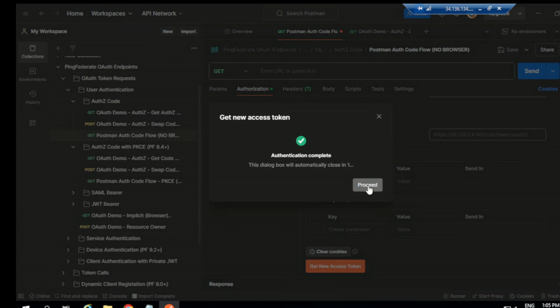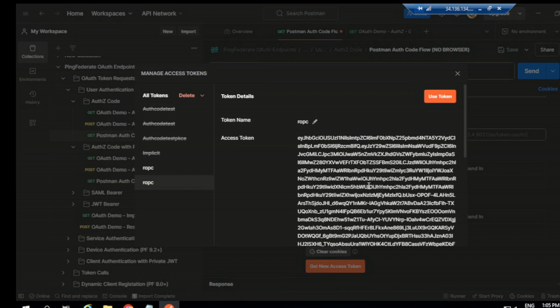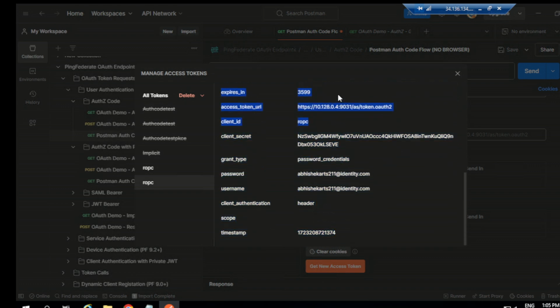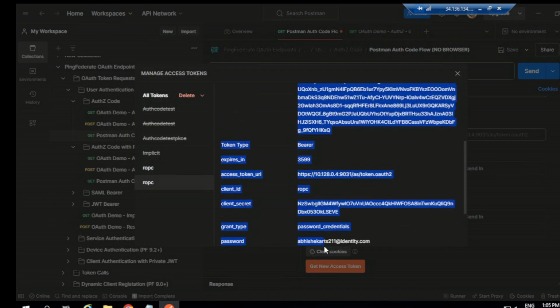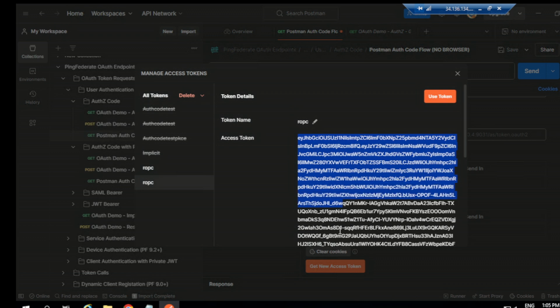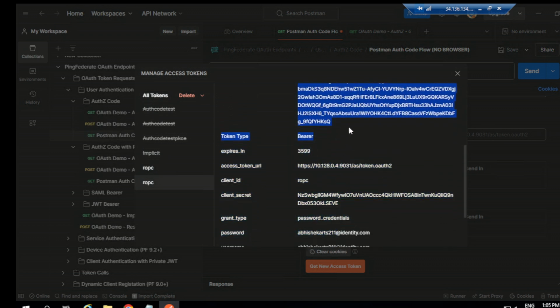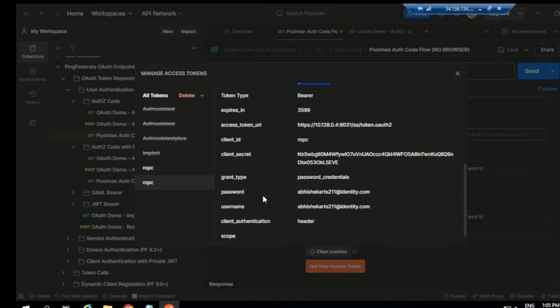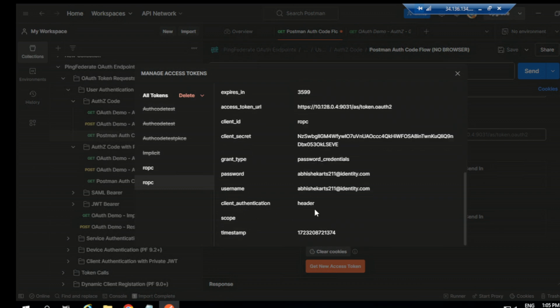That was a miss. So basically, that's why I told you we are doing some troubleshooting also in this session, which is really helping you to learn. Because troubleshooting helps us learn other things apart from what we are learning. So just copy this access token and decode, and let's see the values. Okay, so token type bearer, expires in 359, access token URI, client ID, client secret, grant type, password credentials, password, username, client authentication, header, scope, timestamp, and all. Okay, let's jump to